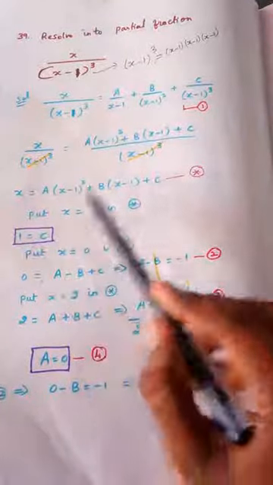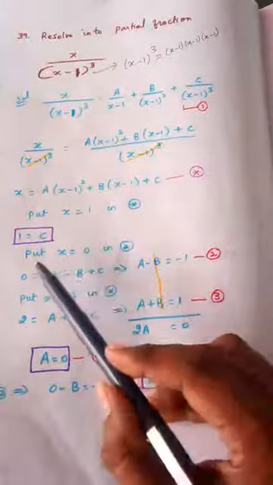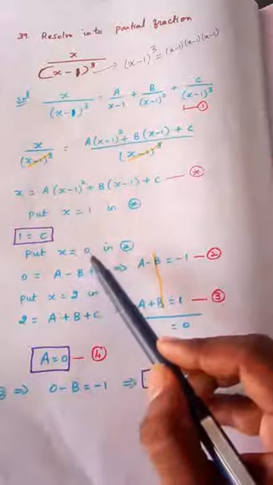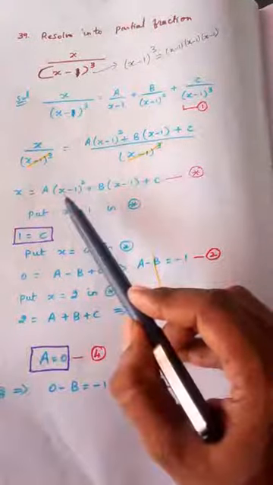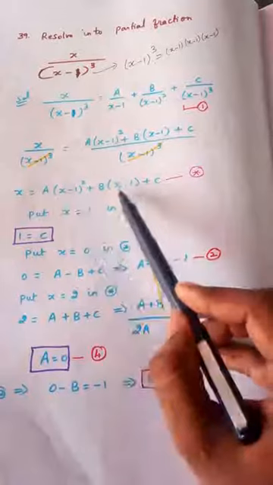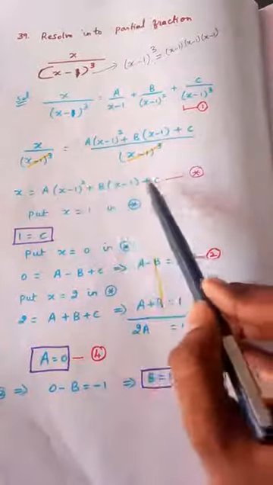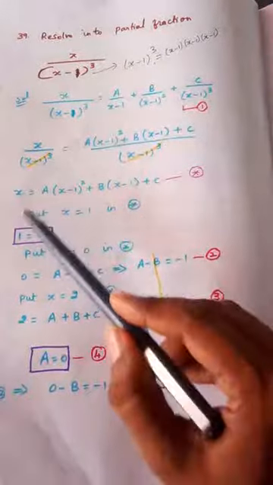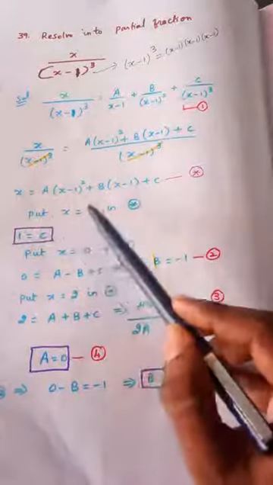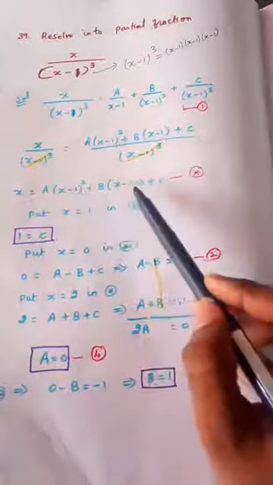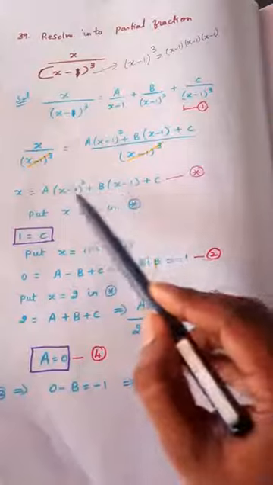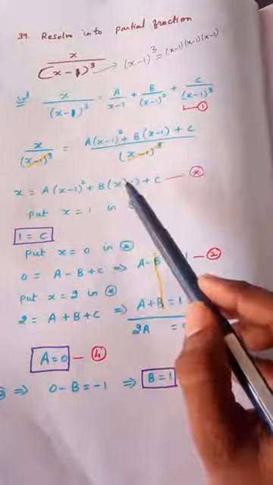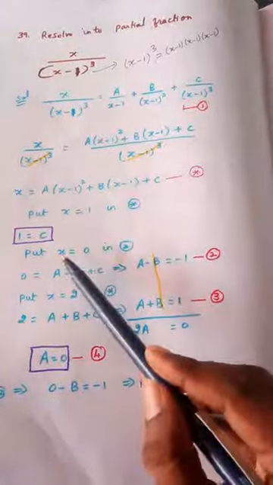You just do these things in your rough notebook. And after that put x is equal to 0. So only 1 can, if I put 1, this will become 0, this also will become 0. So directly I am getting c is equal to 1, right? So that one value I got. But after that I don't have any number to use, because only one can make these two terms 0, no other term. So I am taking my own value, x equal to 0.